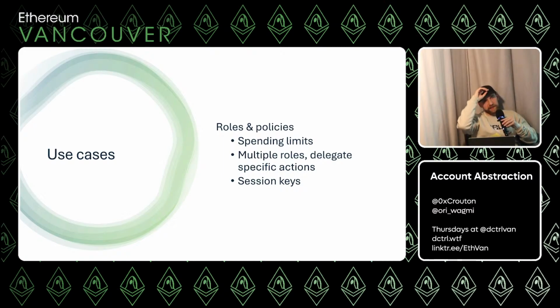I talked about this on the previous slide, but we can have different roles that exist. Instead of an EOA having unlimited access to all the money with the private key, you can have spending limits. You can have, oh, this person has access to this account, but only $1,000 per day or whatever. You can have these admin roles, and verification roles. So you can have some person who has to sign off on a transaction, where somebody else proposes it and it doesn't actually execute until somebody else has said, okay, this is okay.